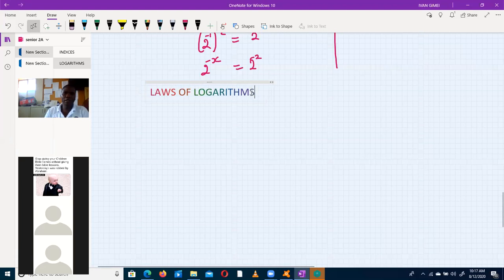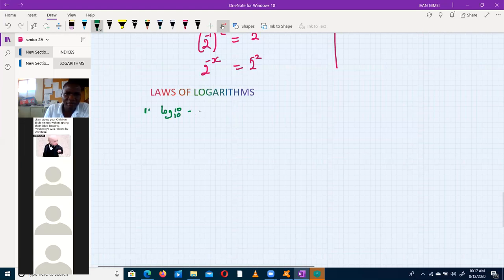Product law. Laws of logarithms. Now, what are some of the laws that we need? We may not prove them, but the very obvious one that you can see is: what does log of 10 base 10 give us? 1. Perfect. So the very first law says,